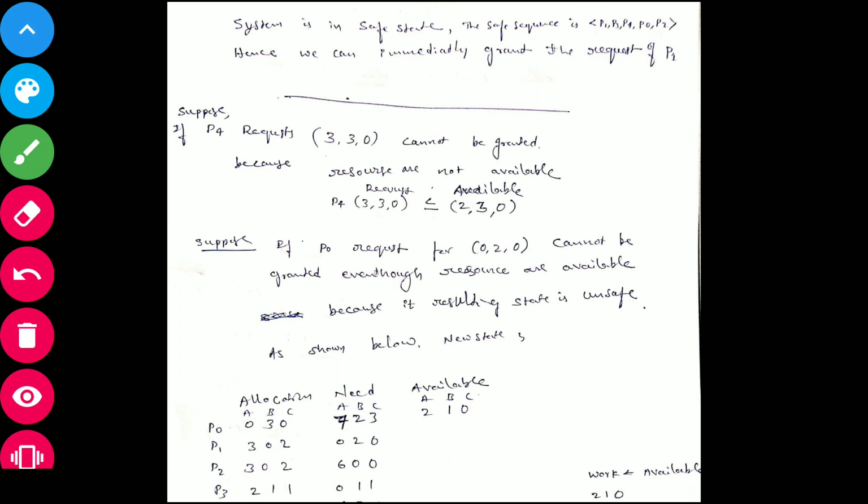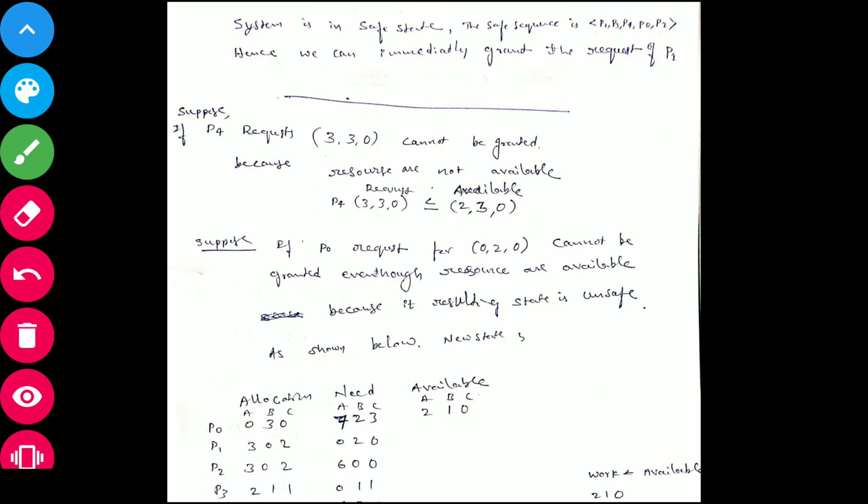Okay, so this completes the one case. Means if one of the processes requests, we need to satisfy, we need to give that request. So then change the whole snapshot. I will revise once again. Whatever P1 requests, allocate that one, then change the whole snapshot for P1, the remaining thing is the same. Then change the allocation, need and available of that particular process. Okay, so after changing that one, again you calculate.